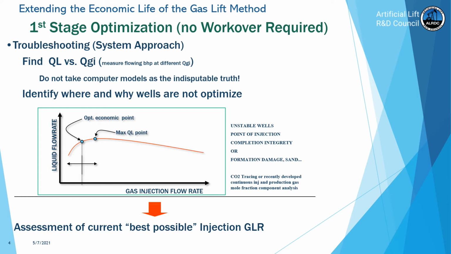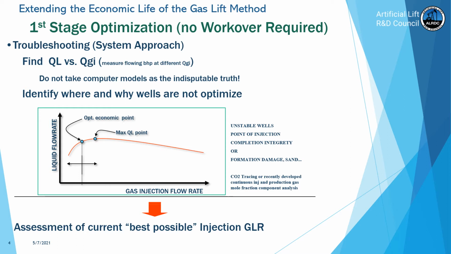So one of the things that I recommend here is to go for CO2 tracing, because with CO2 tracing in the field, as long as the injection gas flow rate and pressure are constant, you should be able to find out where the point of injection is, and or if you have multi-pointing. Now this CO2 tracing is being improved, and